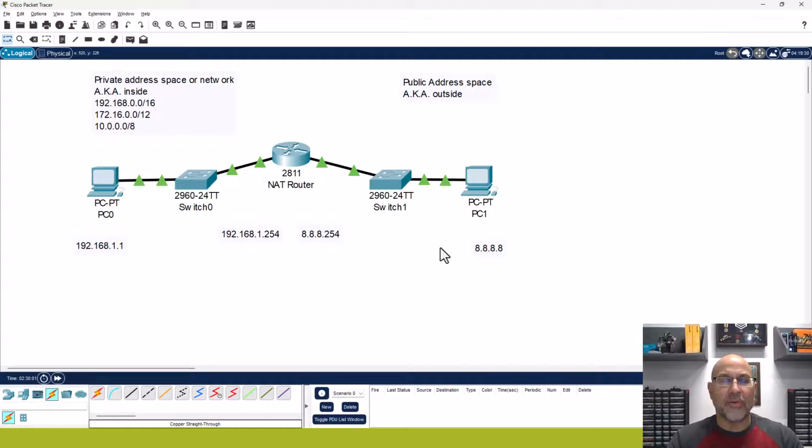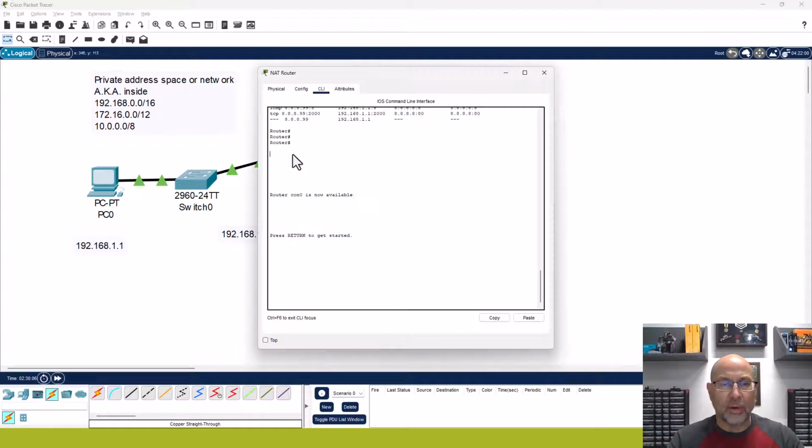Okay. So what we want to do, we want to be able to ping from here to here. Now, if I didn't set up network address translation, it would just be straight up routing. But what I'm going to do is I'm going to say,